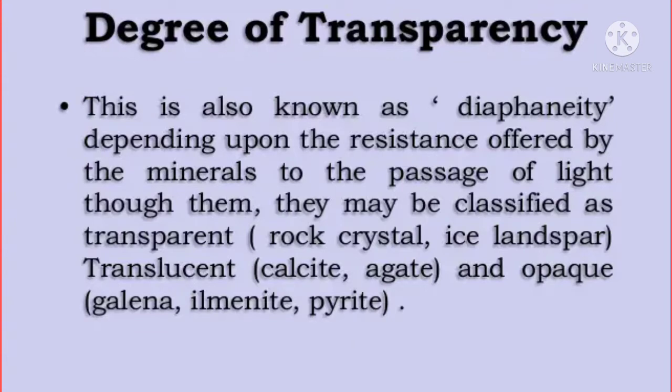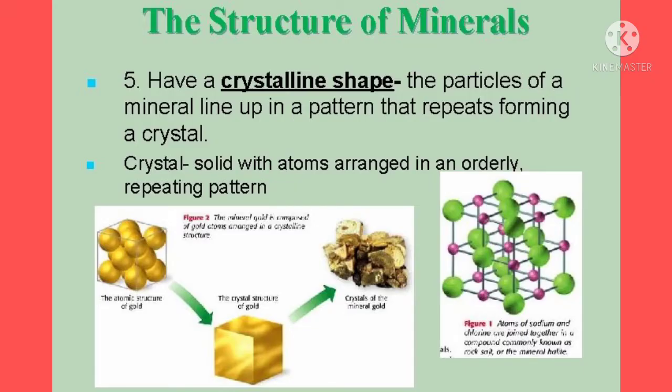Next characteristic is the transparency. Transparent light rays pass through so that an object can be seen plainly. For example, we can say there are many minerals which have transparency in them. The structure of a mineral is also a physical characteristic of the mineral, where we can include separable, divergent